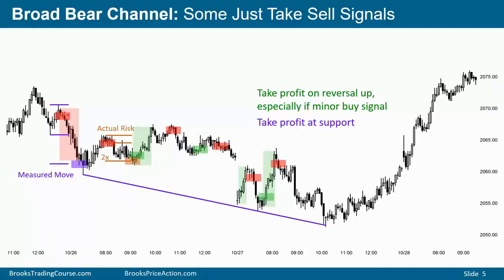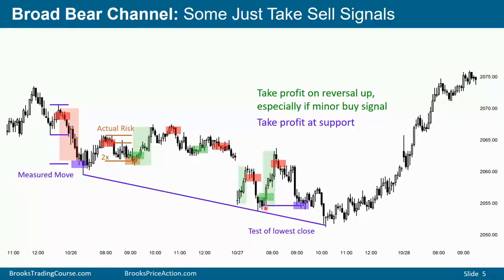The bears selling here, their actual risk is small, but they may want to take profits at some kind of a measured move target, like here. We have a head and shoulders top. We don't know what's to the left, but it could be a head and shoulders top and a bull trend. It could be a head and shoulders top bear flag and a bear trend. In any case, they'll look for a measured move down based upon the height of that lower high. The bulls were trying to get a double bottom, and it failed. So instead of breaking above the neckline and rallying for a measured move up, the bears will look for a measured move down.